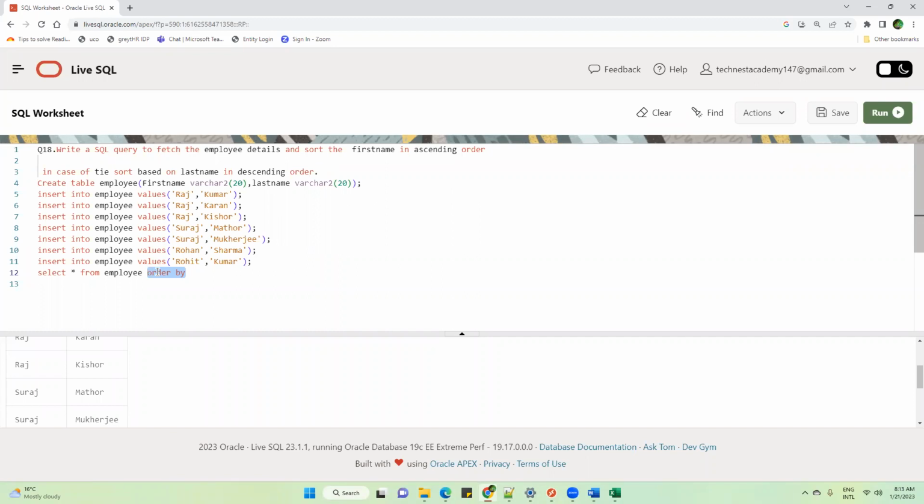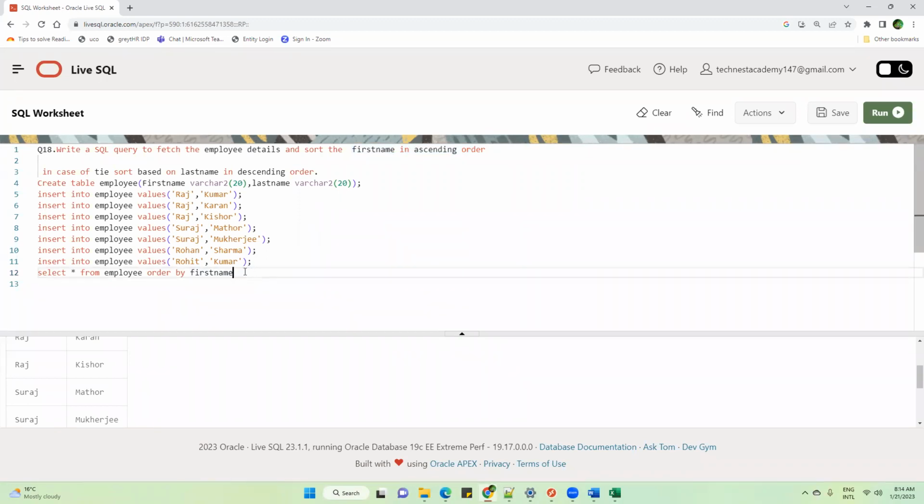The engine will then ask on which column you want it to sort. As per the question, we have to sort based on the first name. But in which order? Ascending order. So you have to write ASC.